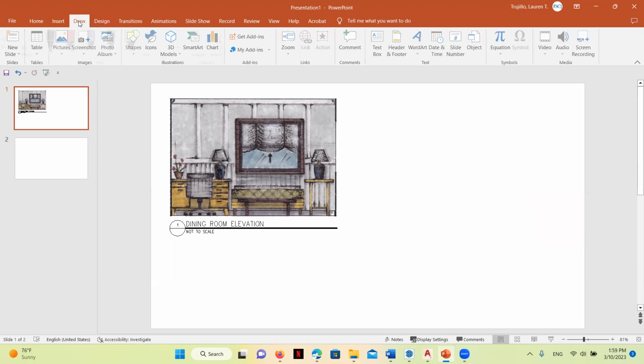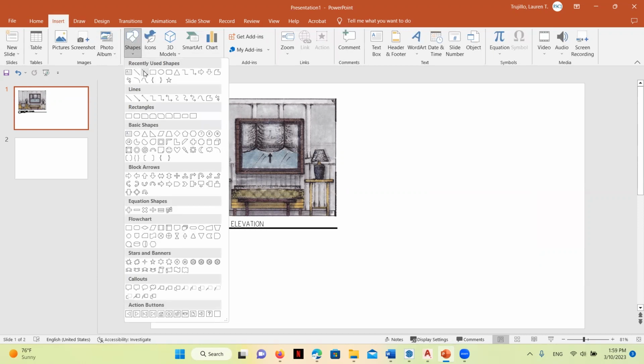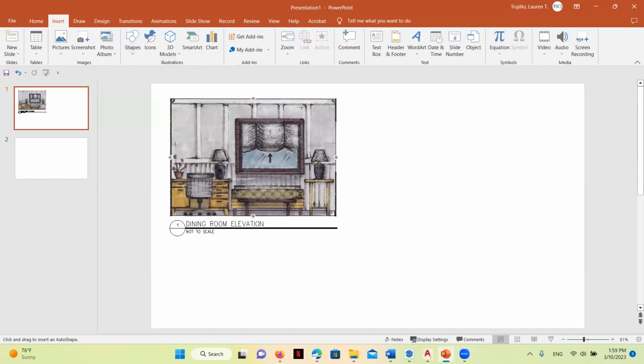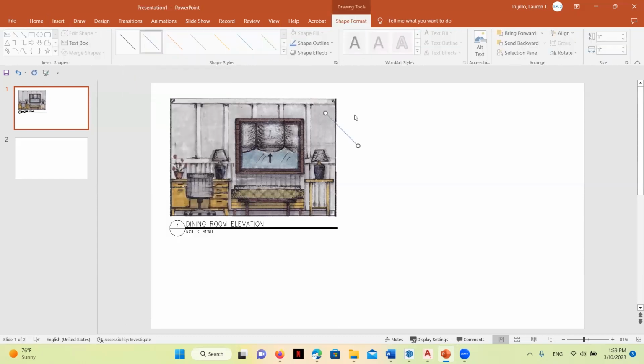So I'm going to go over to Insert, Shapes. You can do the lines or the arrows. The lines are a little bit more in line with graphic standards and they'll allow a little bit more clarity. So I'm going to grab this line here. Usually when I draw a line, I just click it, it appears. I want to change it to black instead of blue, and I want to adjust the ends of it here so that it's pointing to the object I'm referring to.